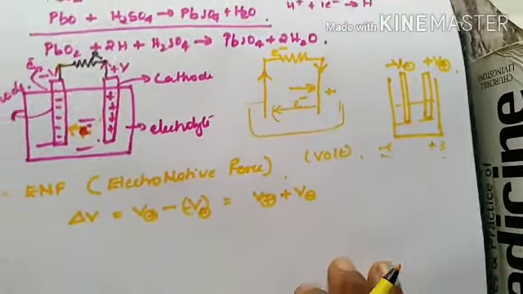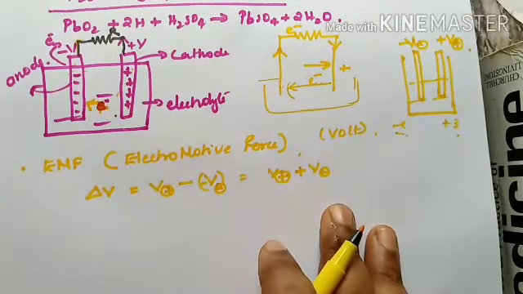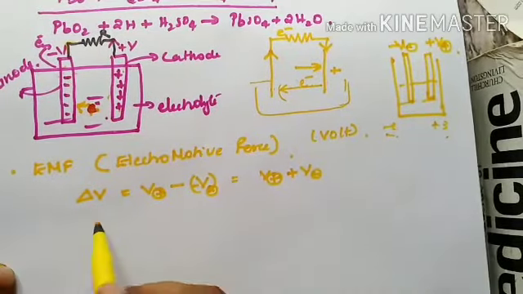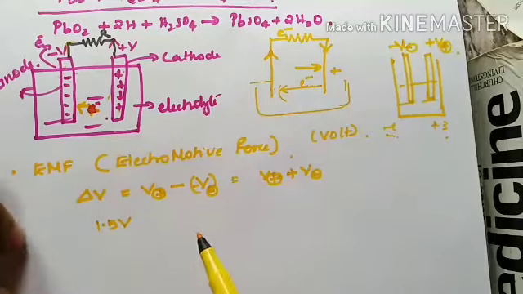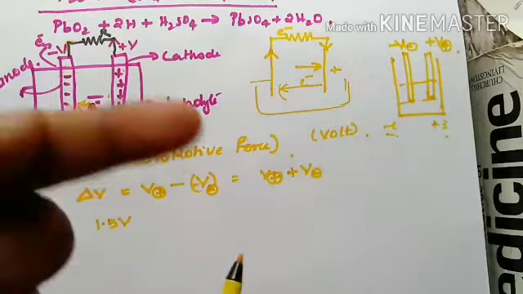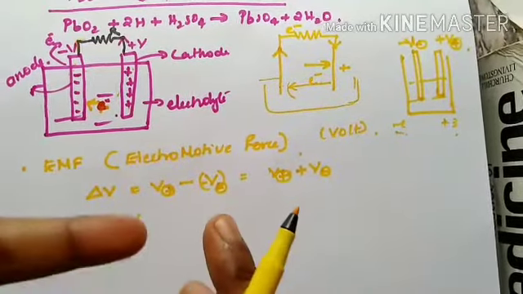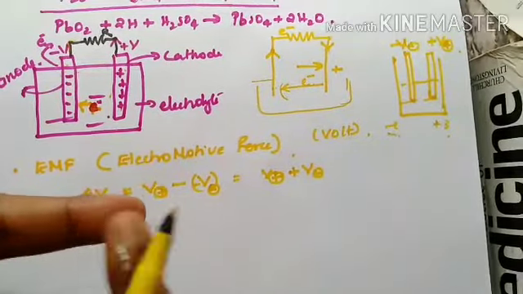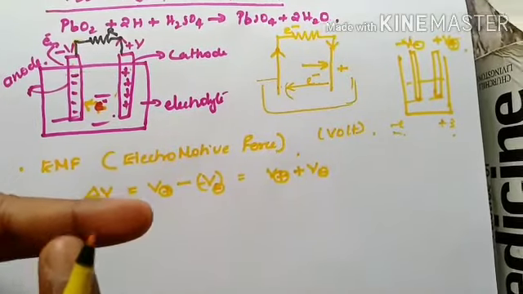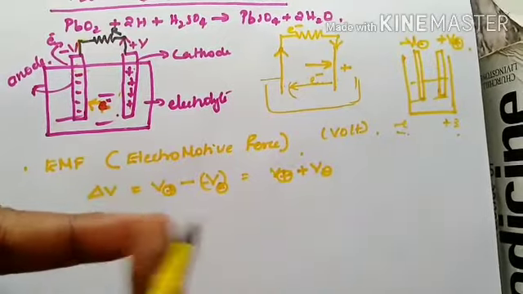Simple, guys. Now let's understand in layman language, which you have seen in your entire life, that is a battery. Suppose you are going to purchase a battery which is of 1.5 volt. It is not connected to any supply. Every cell shows 1.5 volt on it. That means when you connect it to the circuit, it will never give 1.5 volt.